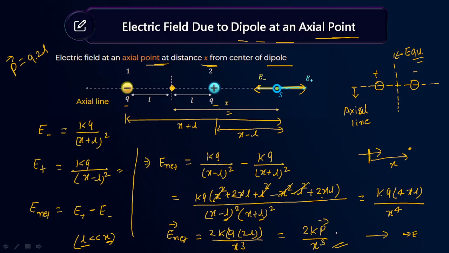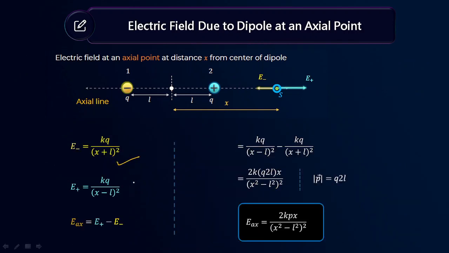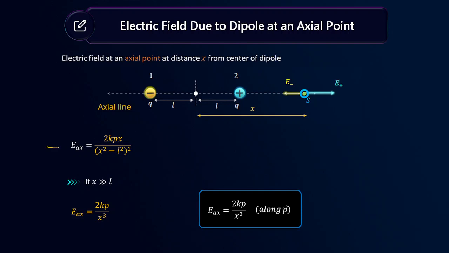Is it clear? Nothing to worry, just find electric field due to positive charge, negative charge, and one approximation we have to do. We have considered that separation is small compared to other parameters, distance or the point where we want to find electric field. So we can neglect that separation between the dipole charges, right? So E due to positive, E due to negative, net we can write with sign, and then we can simplify. We know that magnitude of dipole is Q into 2L, so this will be our answer. Simple. So this is general at axial point. So for us, X will be much larger compared to separation between the charged particles. So we can neglect it, and this will be our answer.